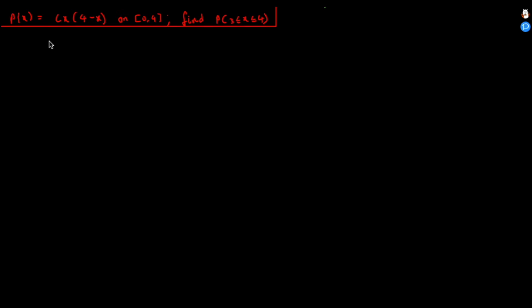Okay, so we're given this probability density function, and we're told that it's defined on this interval, and we are also given that we need to find the probability that x takes a value between 3 and 4, right? So first of all, what information do we need to know to solve this problem? First thing is that for